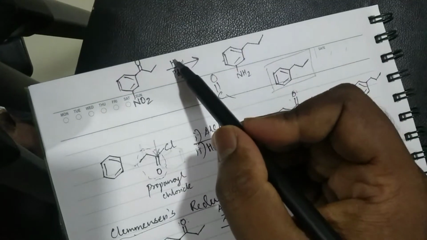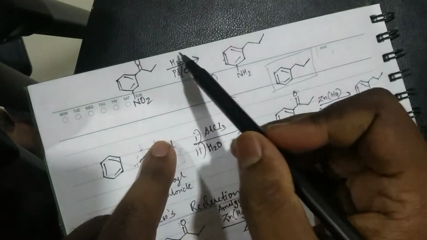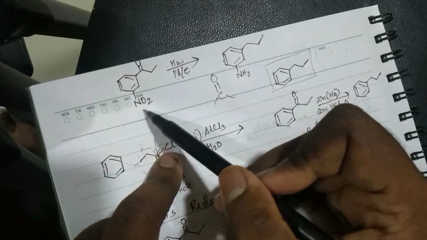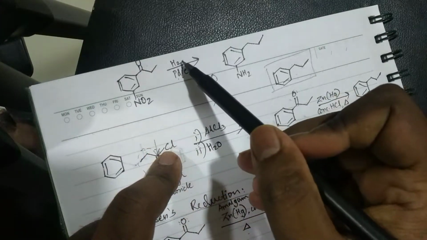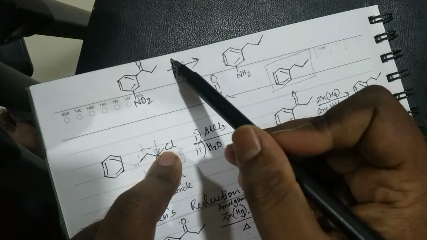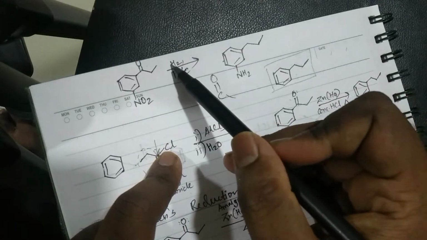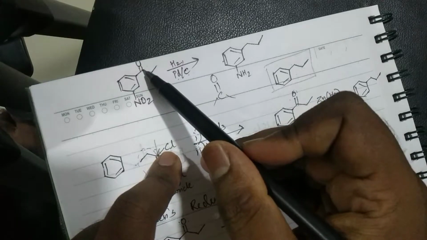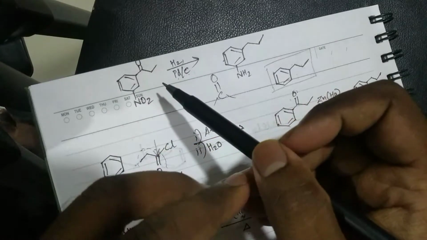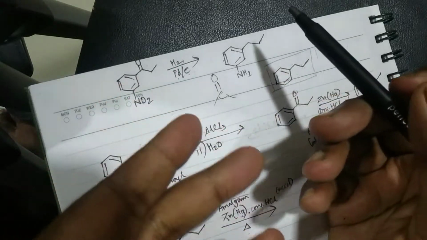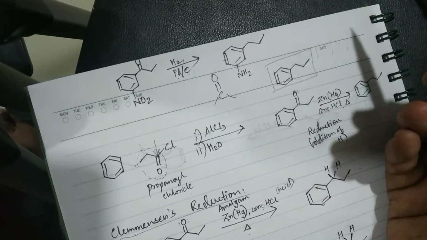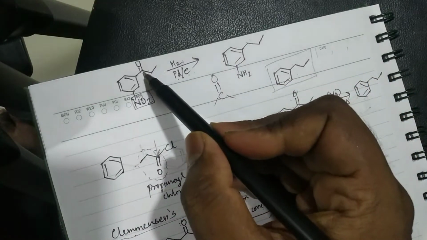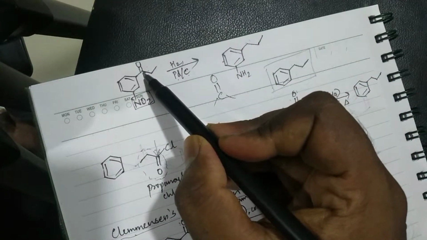Okay, so this hydrogenation reaction, this reduction reaction, will not distinguish between this carbonyl and NO2. There's no distinction. This catalyst is not going to distinguish between nitro and C=O. It will look like two possible places where reduction is required, so it will reduce both of them. But what if I want to preserve this NO2 and I only want to reduce this C double bond O?